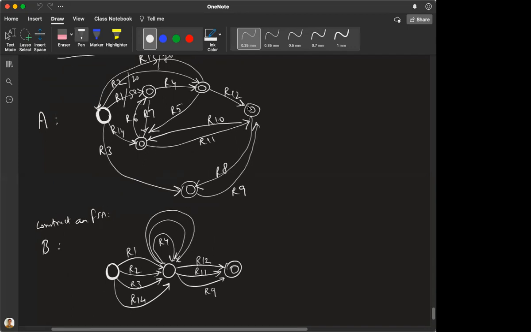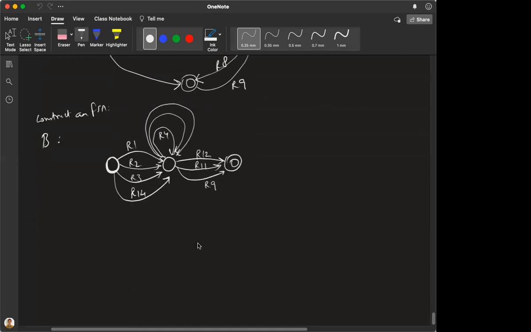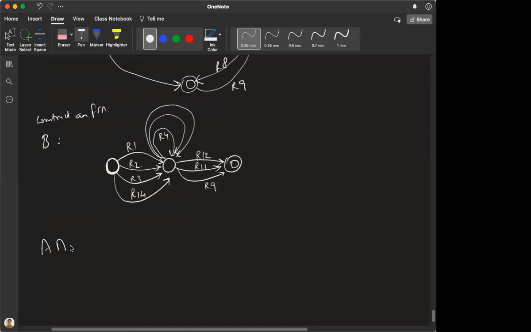If it were FSTs, I would have said composition, but since these are FSAs, I can simply say intersection. So basically intersection or composition both are same for FSA, right? So I will just take an intersection. So my A intersection B will give me all possible weighted paths